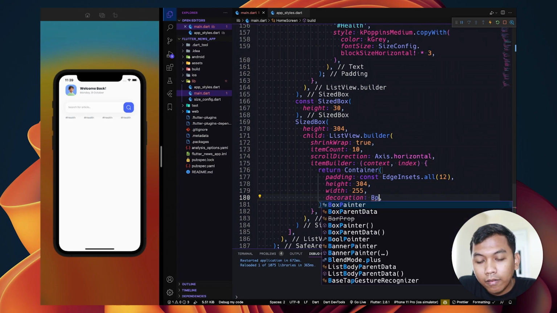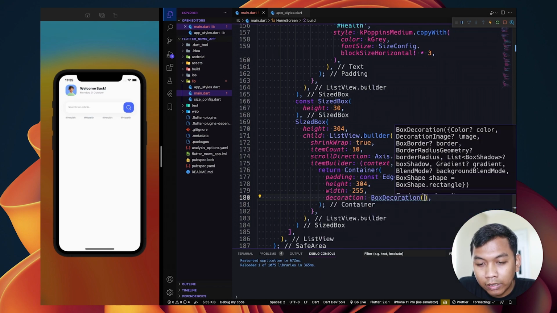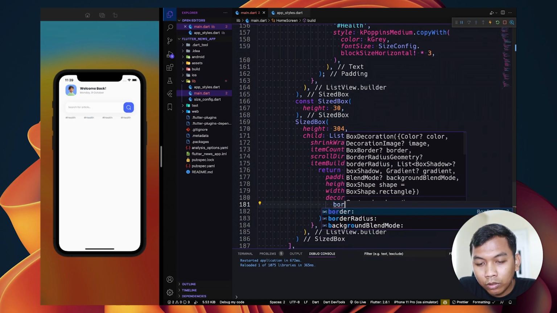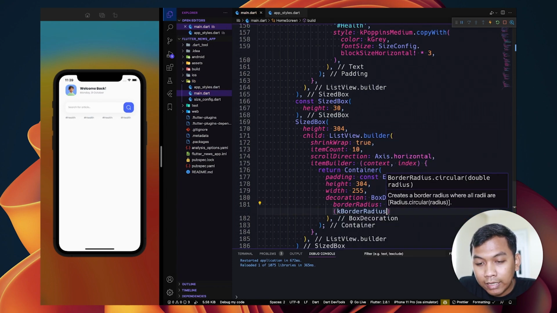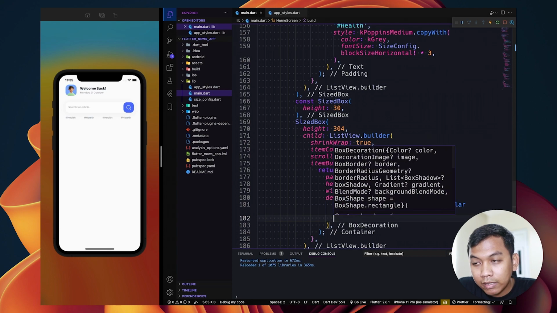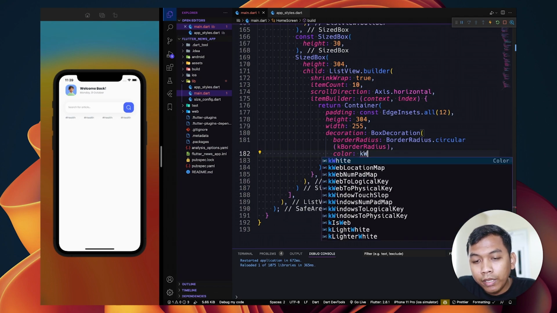And because I use a container, I want to set it to be box decoration, because I want to change the border radius as I set on app style, which is 16. And color, I want to set it to be white color.